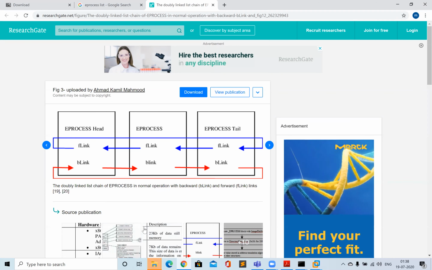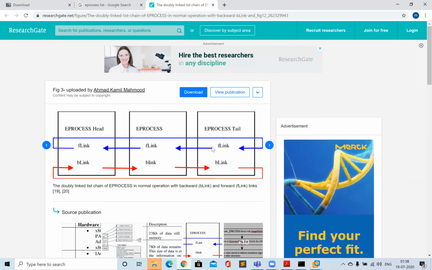So now if a rootkit actually is running in your system, what it will do is change the forward link from here directly to this node. From here it will point to this one, and the back link it will modify from here to here. So this process, this node, is now out of this linked list. When the task manager analyzes the linked list, it will only tell you that this process is running and then this process is running. It won't tell you that this process is running.